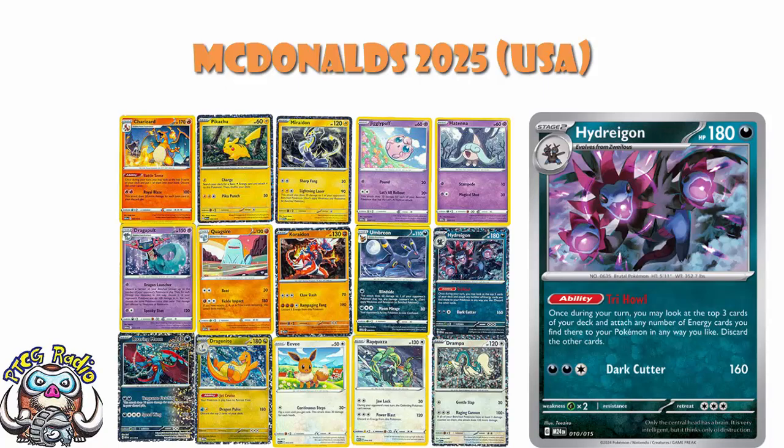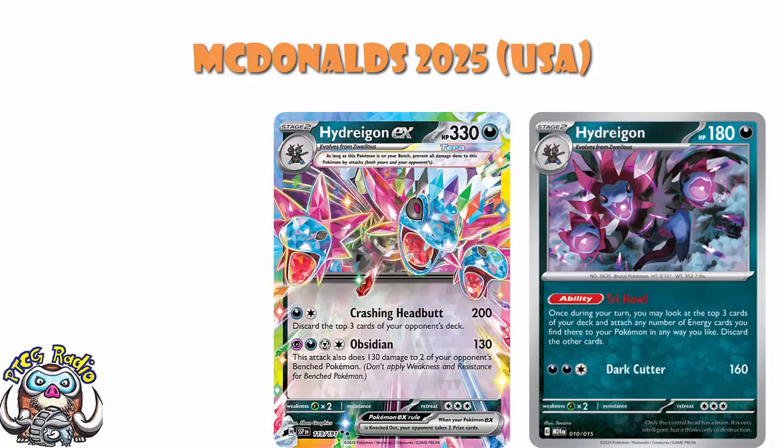Hydreigon has got the ability Tri-Howl, which lets you look at the top 3 cards of your deck and attach any number of energy cards you find there to your Pokemon in any way that you like. If you're playing Hydreigon EX, and I'm not saying you should be playing Hydreigon EX, but I'm saying you might be playing Hydreigon EX, this is a great card with which to pair it, because, well, Hydreigon needs lots of energy, this gives you lots of energy, and it's in the same evolution line, so...